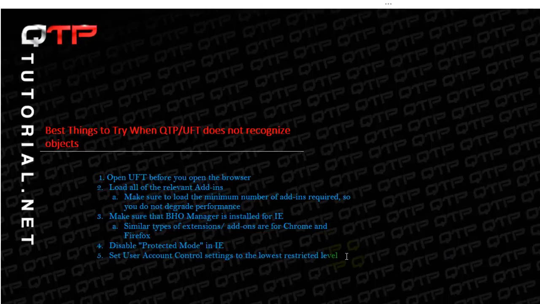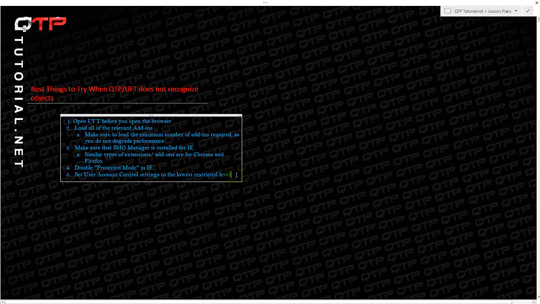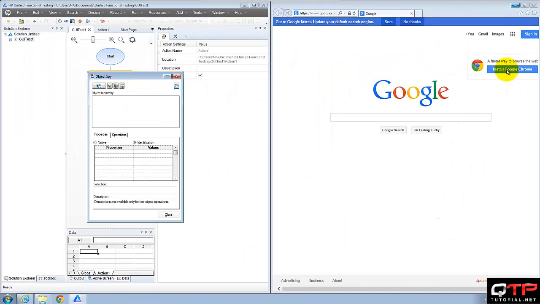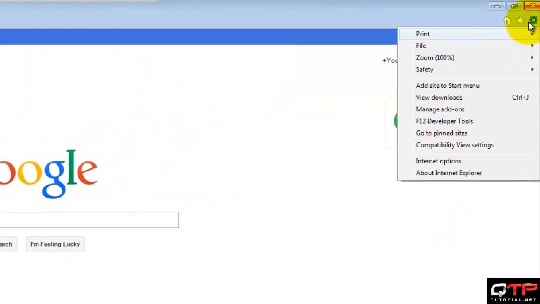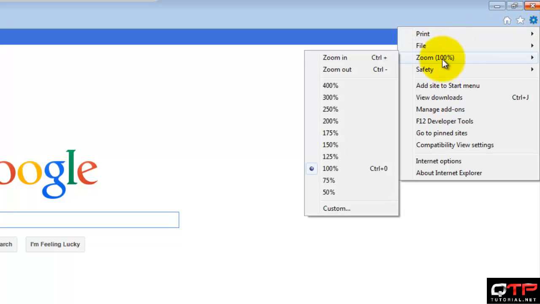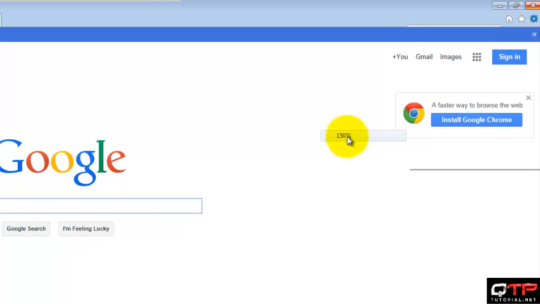All right, the next tip is a very interesting one. I've seen many people come to me at work and say, hey, my QTP is not recognizing objects. What the heck is going on? Can you help me? And then this is what I check. There are zoom control settings for your browser. If you go here to zoom, you see that? Right now it's at 100%. If I set this to 125%, let's say 150,